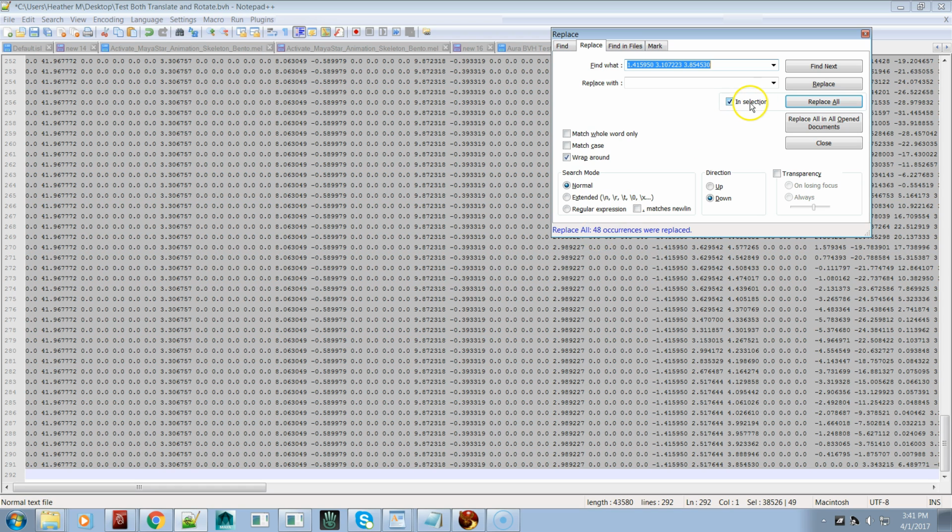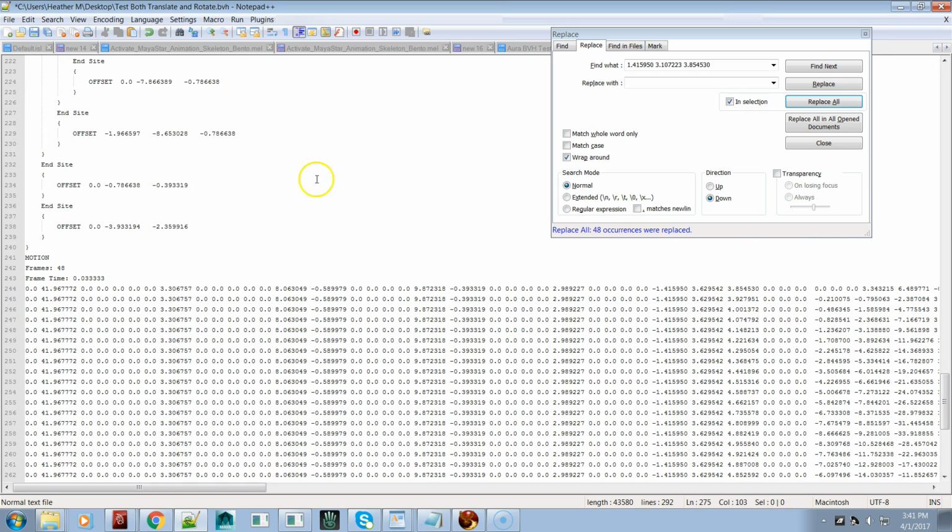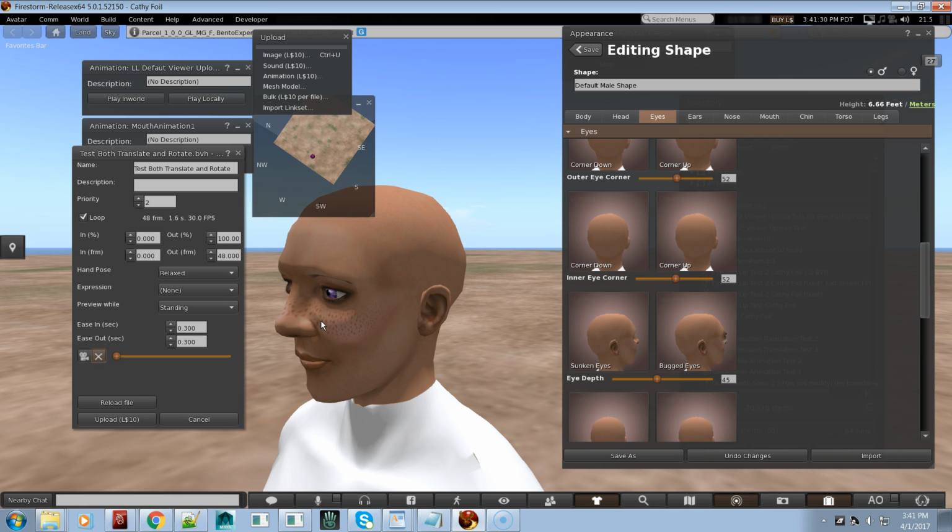See, I had in selection. That means the highlight that I had selected. It's going to do that. 48 occurrences were replaced, meaning there's 48 frames, and that's what was replaced. Okay, so we save it, and then we come back here, and this is the same file. I'm going to reload the file,